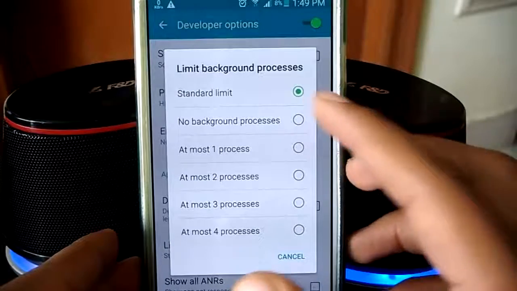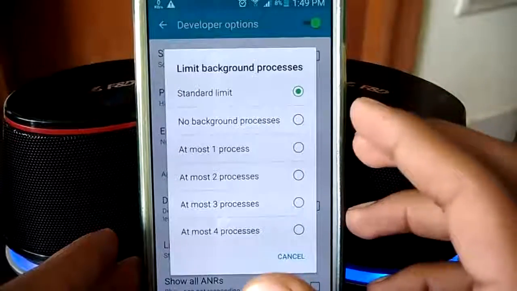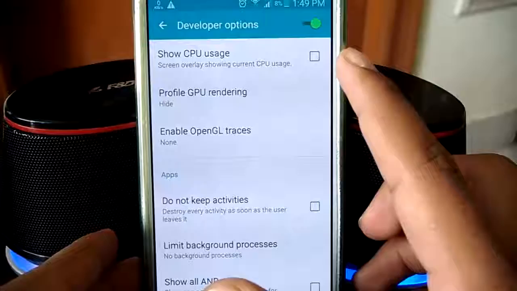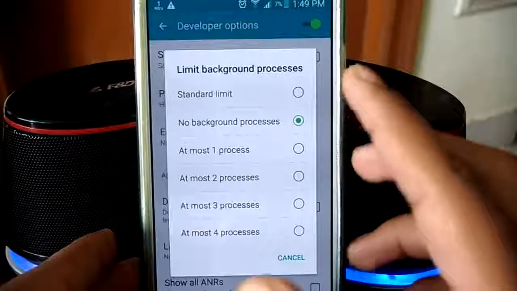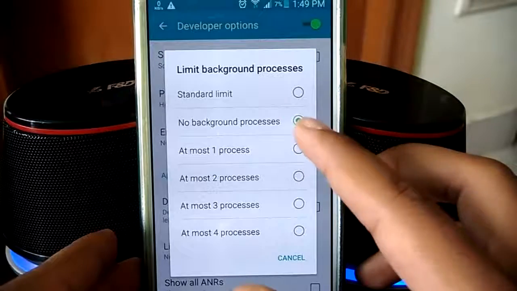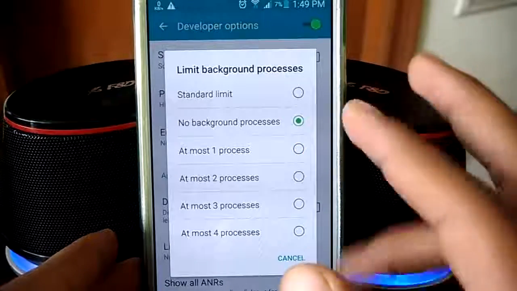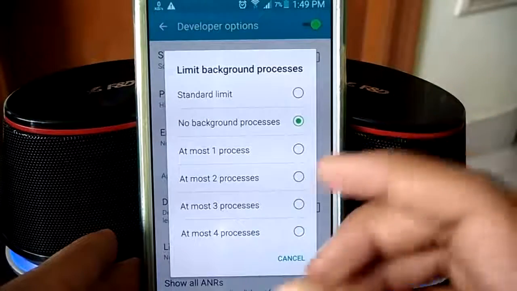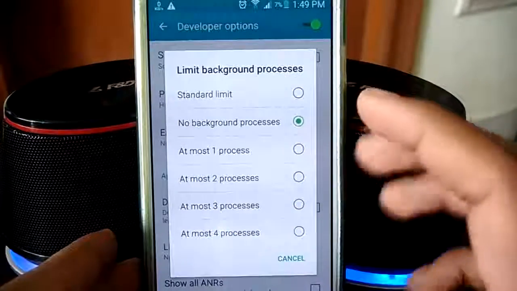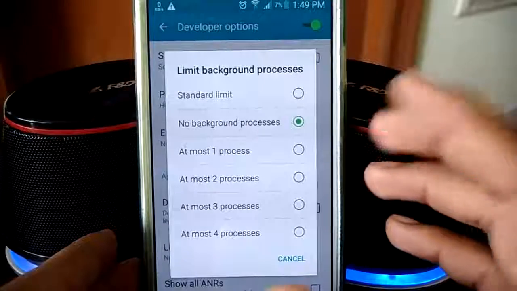Now as you can see over here, the standard limit is unlimited. If you hit on no background process, then no apps will run in the background. You will be only using one app at a time. Similarly, if you set it to 1, you will be using basically 2 apps, one in the background, one you will be using live. And if you set it to 2 processes, the same thing. And if you set it to 4 processes, which I recommend, there'll be 4 apps running in the processor